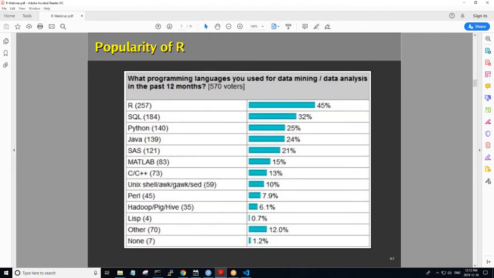When we take a look at where R is in the programming space, when we start to look at data scientists, now if you put R up against all the programming languages that are out there, it doesn't look very